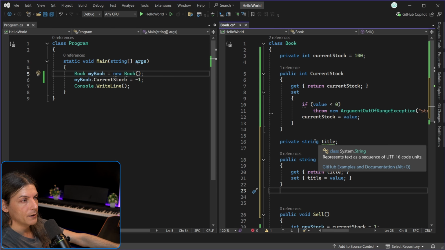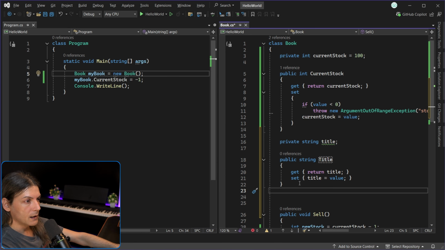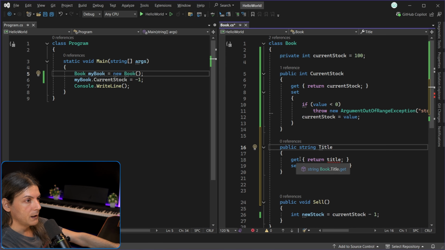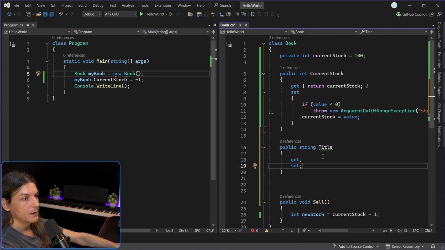this time of type string, and since we are not doing custom validations in the setter, it's already a bit better because it's on a single line. But for these cases, the language offers us a different kind of property called an auto-implemented property, automatic property, or auto property, whatever you want to call it, where we don't need a backing field, we don't need the entire getter, and we don't need the entire setter. And this is way better, only for the fact that since this is so simple now, we can write it